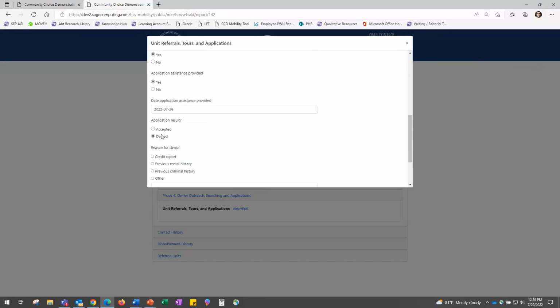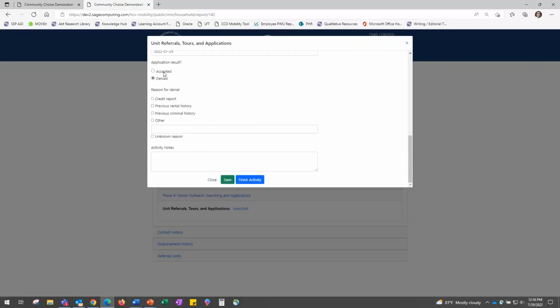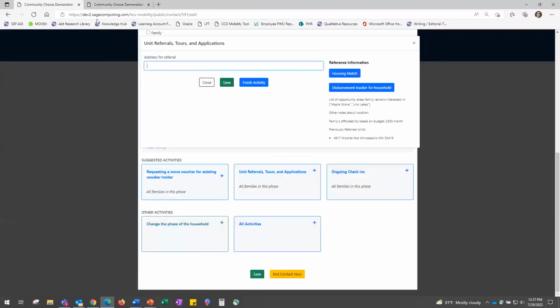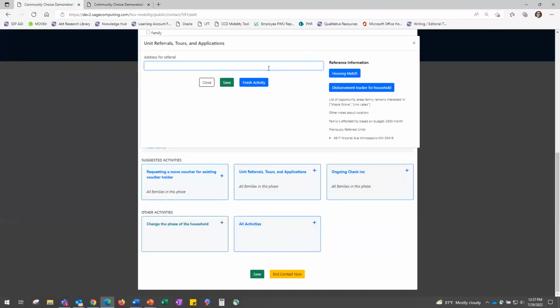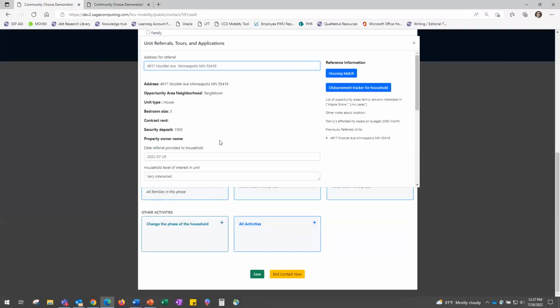Yes. Oh, yeah. If they were denied, actually, that is a field. So if they're denied, you have to put a reason for denial: credit report, criminal history, other unknown. But if they're accepted, you can put in maybe that security deposit assistance needed, just to remind yourself to do that. And so I updated that via the household report,